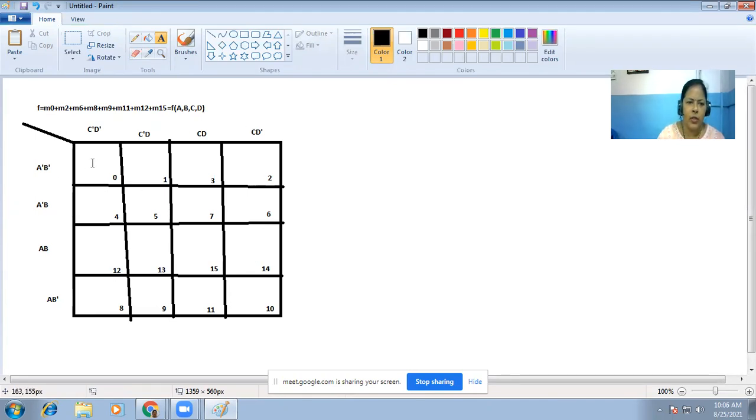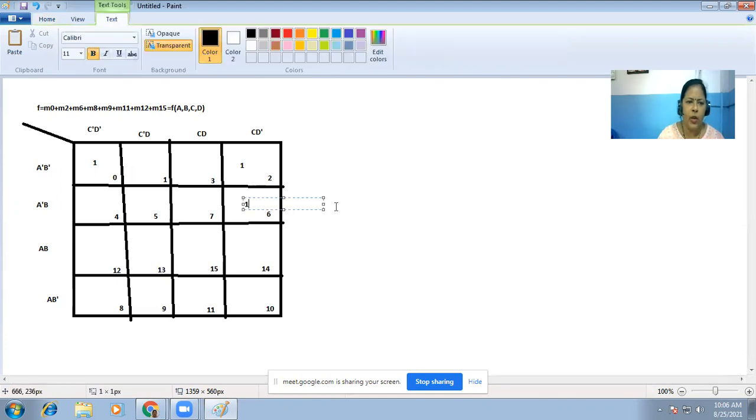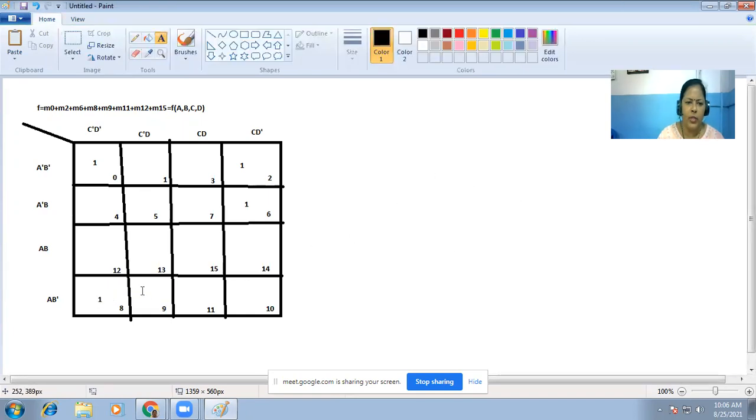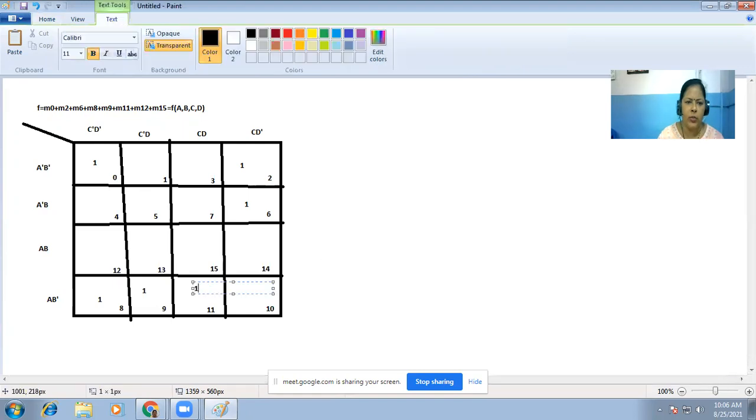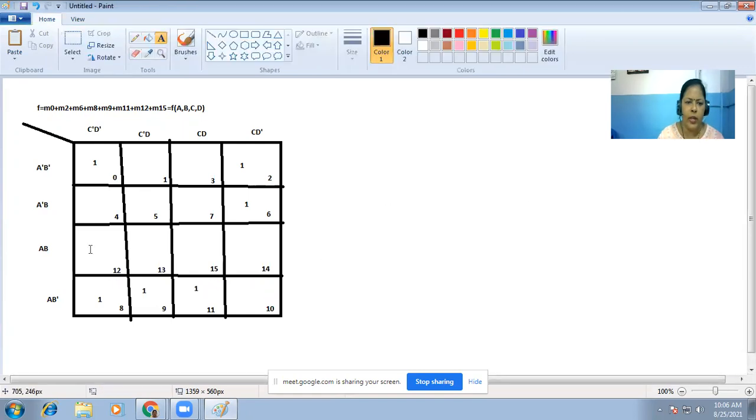Now for M0, this is 1. Then M2, so this will be 1. M6 means this will be 1. M8 means this will be 1. M9 means this will also be 1. M11 means this will be 1. M12 means this will be 1. M15 means this will be 1.